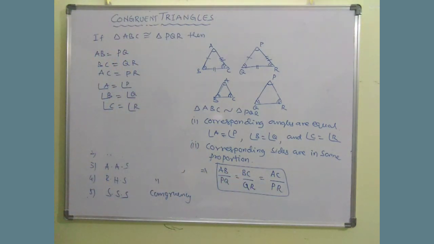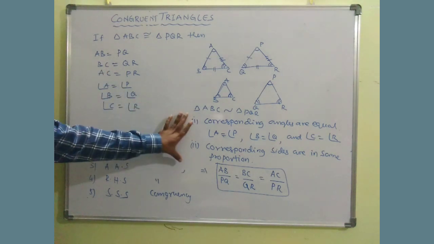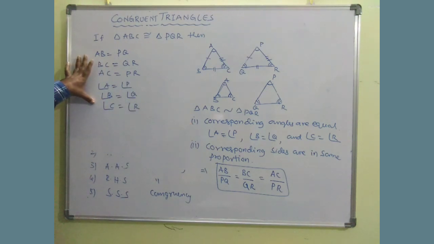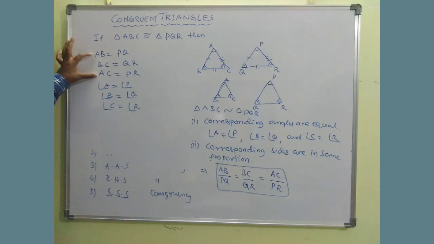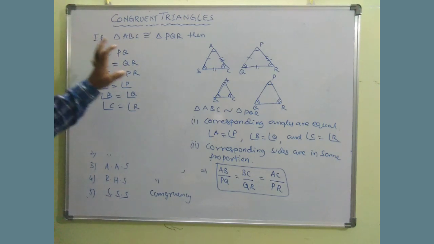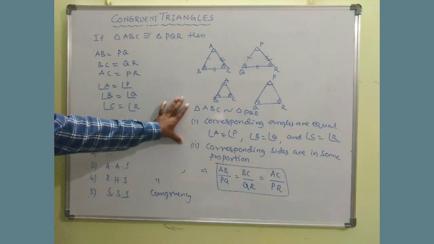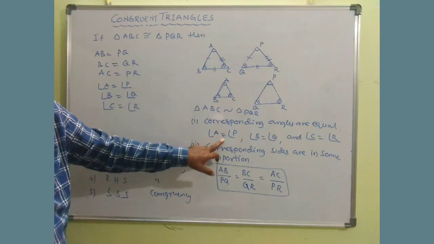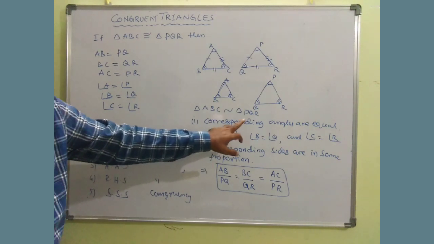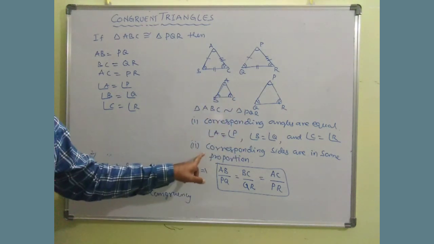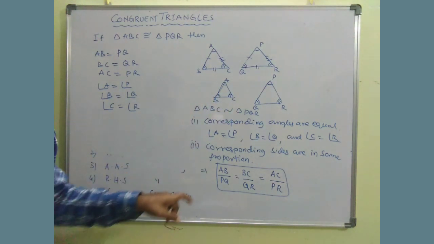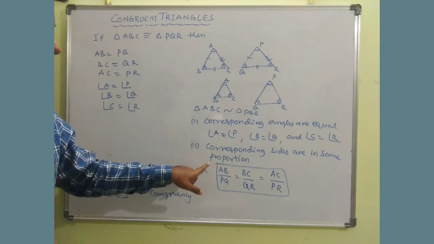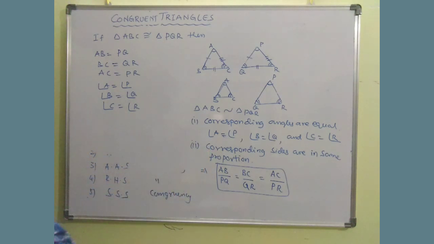Let us try to observe the things in case of congruent and in case of similar. Congruent means corresponding angles are equal, corresponding sides are also equal because same size also. But when you come to similarity, when two triangles are similar, your first point is common, that is corresponding angles are equal. But here sizes are not equal, no? That's why corresponding lengths are not equal. But what we can say is that corresponding sides are in the same proportion.